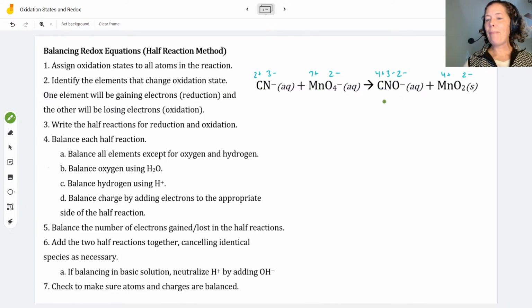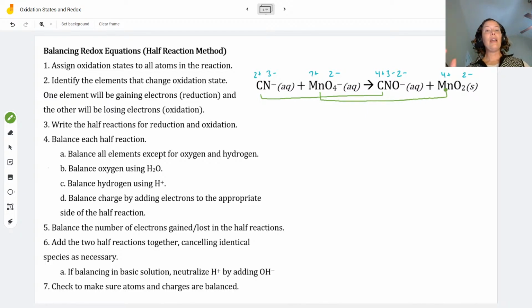And again, my manganese here is also definitely changing. You can see my nitrogen stays at -3, so it is not changing. Nitrogen is something that often you will see change, but in this case, it's not changing. It's just the carbon and the manganese. So I'm going to just draw lines here to bracket these guys to show, okay, here are my 2